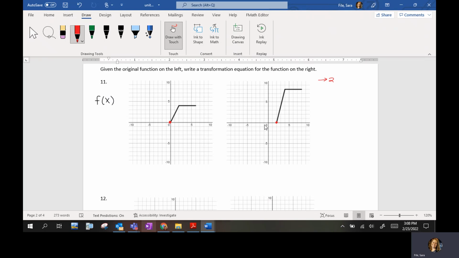It hasn't gone up any. The y value, it's still on the x-axis, but this graph has gotten taller. It's been vertically stretched. You can see the height of it was 4, and now the height of that is 5, 6, 7, 8. Okay, so it's doubled in height. That means it's been vertically stretched